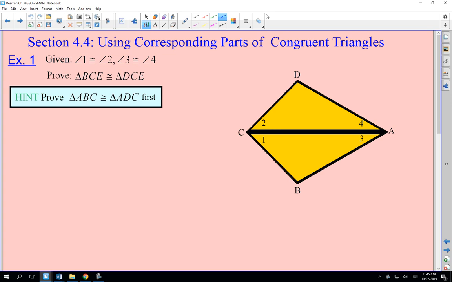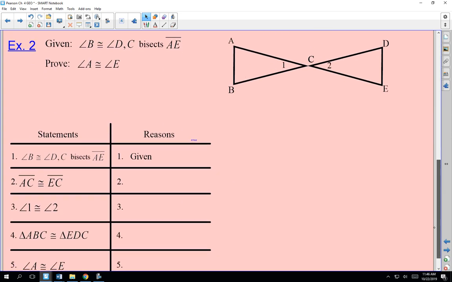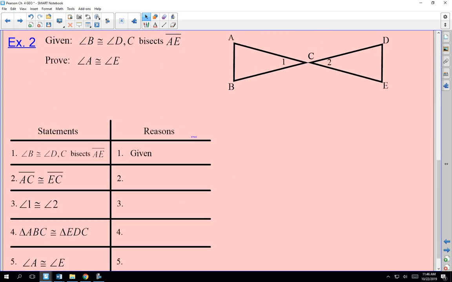I'm going to start with example 2 here first. It's a little easier, more straightforward than this one. This one has an added step. So if you would go down just to example 2 first. So looking at example 2, we're given in example 2